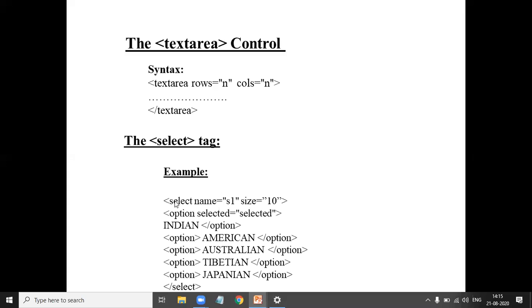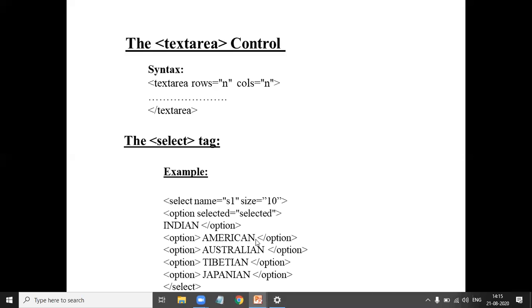So this is the syntax and our example of the select tag. Here select name equal to s1 size equal to 10, and option selected equal to selected, here Indian. Here Indian is selected by default when you load the page.